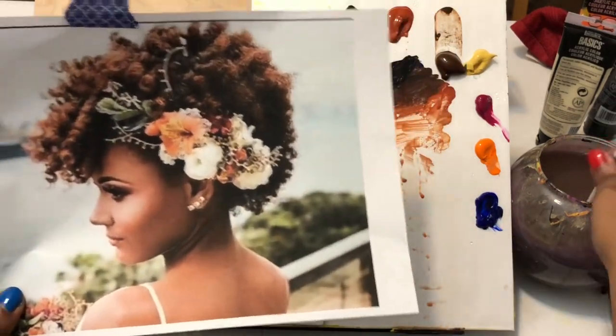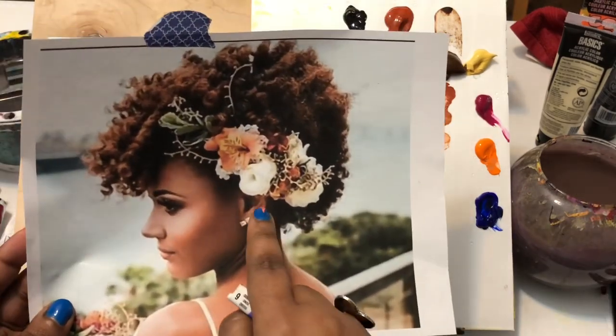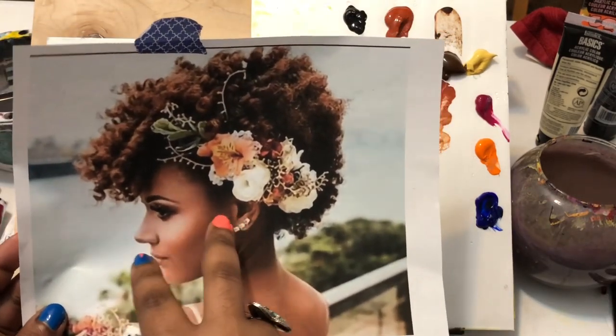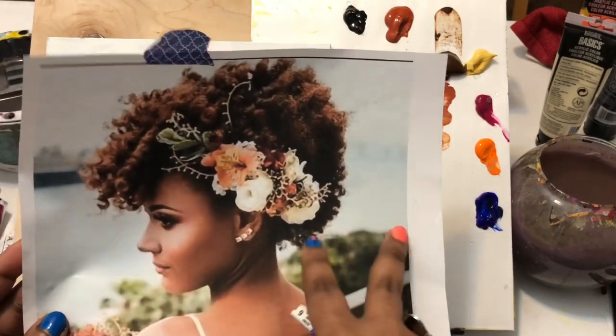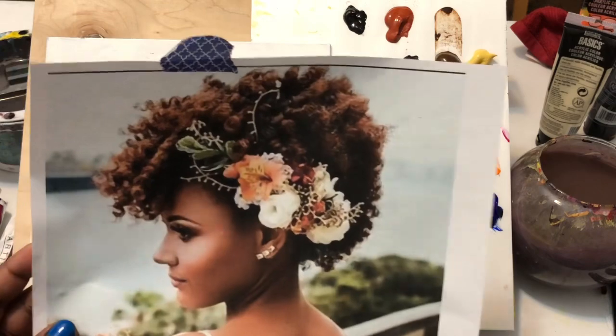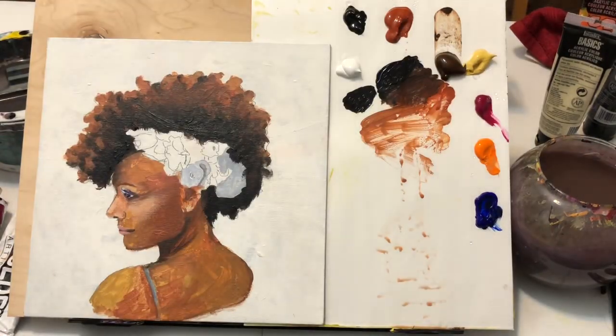You know what I mean? But you just have to do it in moderation, because white flowers tend to pick up the light and reflections and whatever is around it. So that's why it's never just straight up white. Okay? So we're going to start to fill in those flowers, and